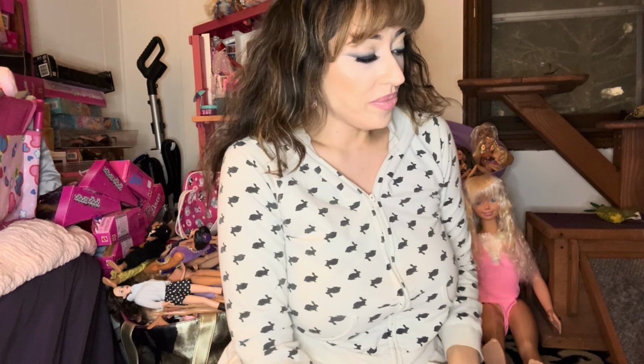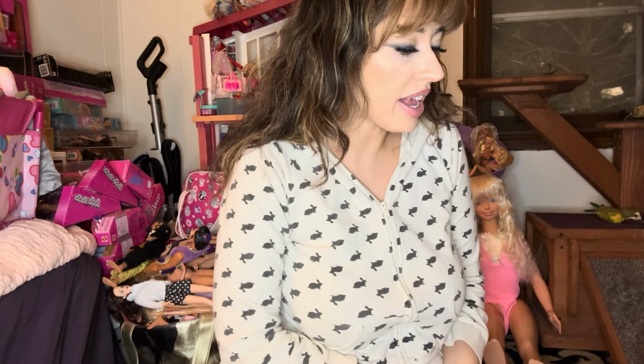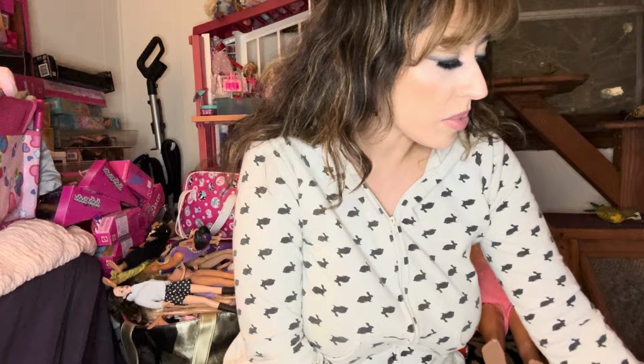But again, you gotta kind of pick and choose who's gonna get your shelf space and who's not, right? So, we'll see. Okay, and for the last dolls that I want to talk about today,